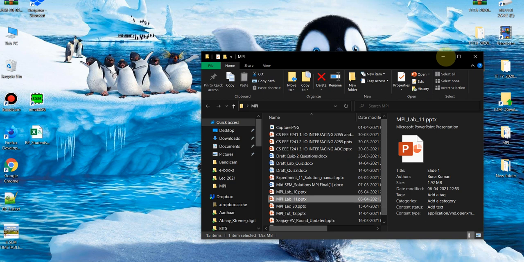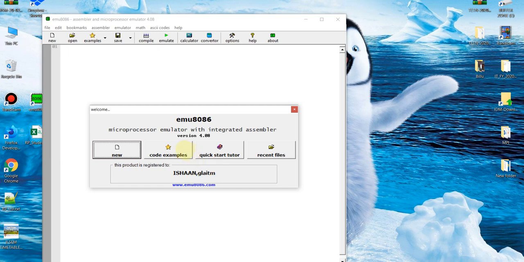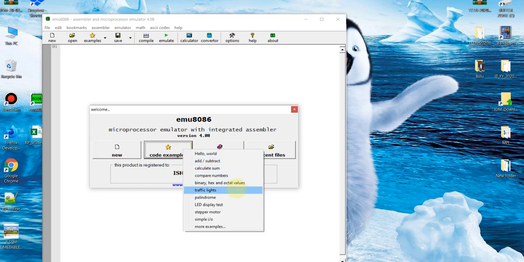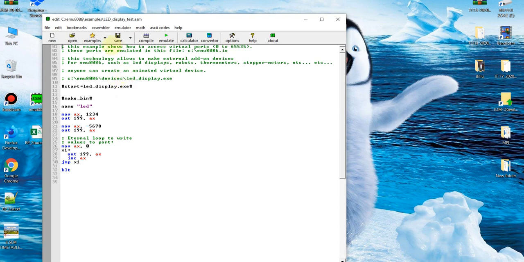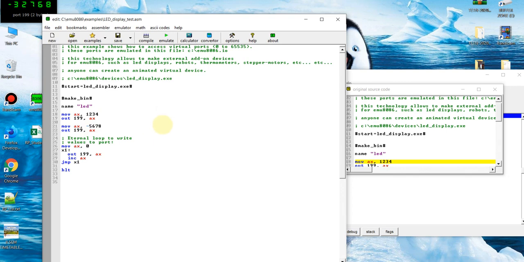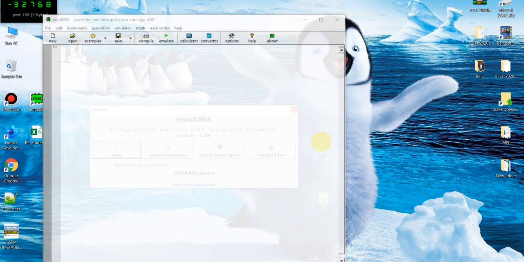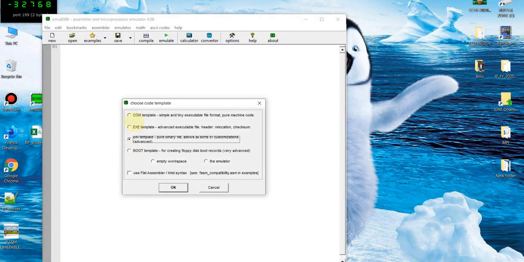So if you go to the emulator setup, one is this traffic lights, and we discussed the LED display, right? If you run this, you have this display coming up here. In this case, -56, minus some value, is written here, so accordingly this negative is being displayed. You can accordingly do that. And then when you select New, these are the three formats which are available.